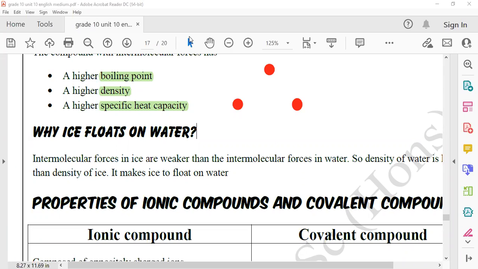So in advanced level, we used to say when ice is formed, a molecular lattice is formed. So the molecules are placed distantly due to the lattice formation. So the intermolecular forces are becoming weaker. Volume is increasing. As the volume increases, density decreases. But for grade 10, it is too much. Understood?